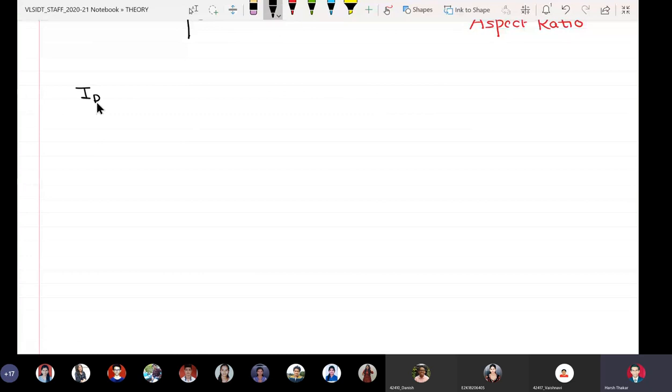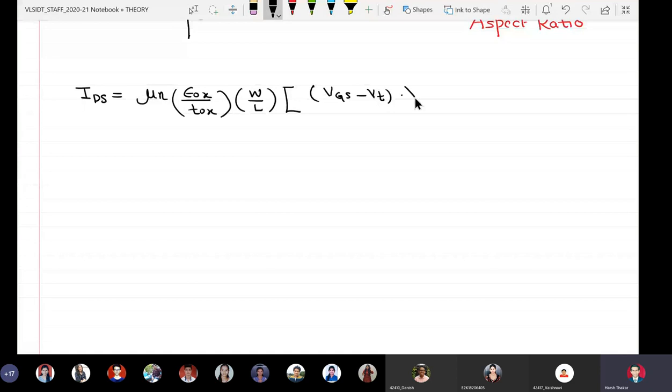Okay, IDS is equal to mu n epsilon ox upon T ox into W by L into (VGS minus VT) into VDS minus VDS square by 2. So all these terms are actually combined like this.